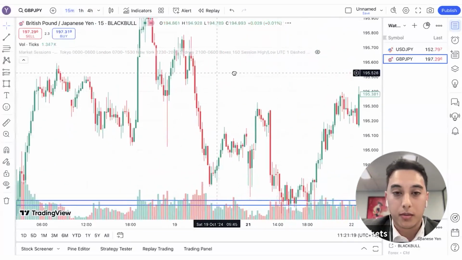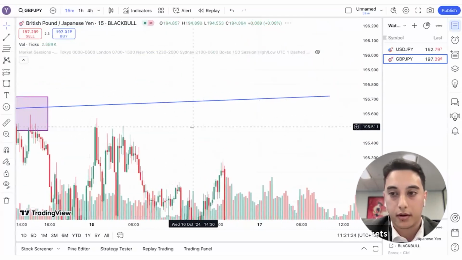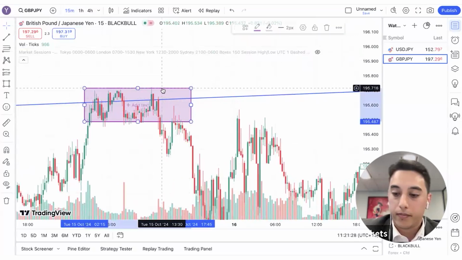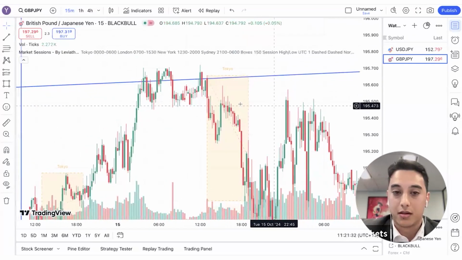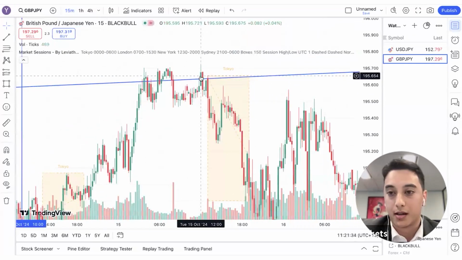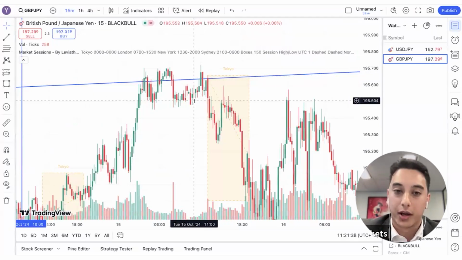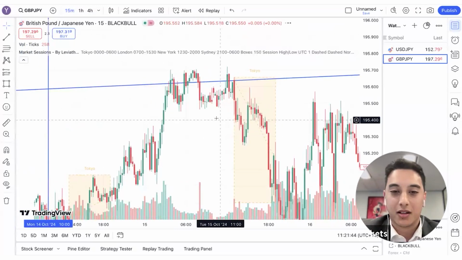Okay. Now we're at the top. How do we know that we're going to break up and we're not going to break down? Short answer is we don't, right? But what you do know is that the Asian market hasn't started yet. So the real volume hasn't kicked in, and without volume, you can't have a breakout. There's no one pressing the buy button at the trading centers because they haven't woken up yet.